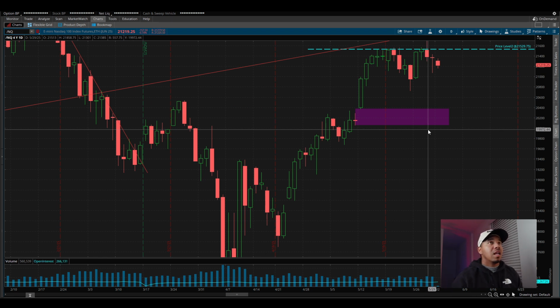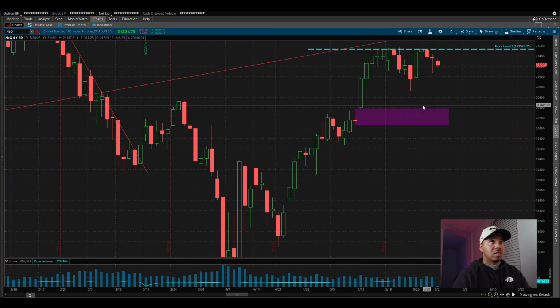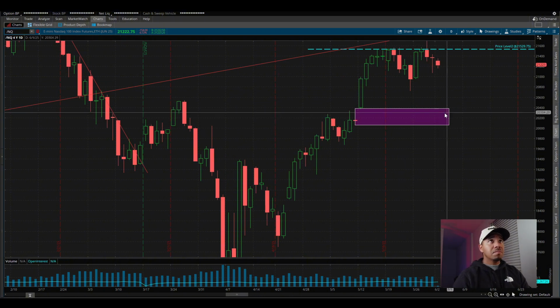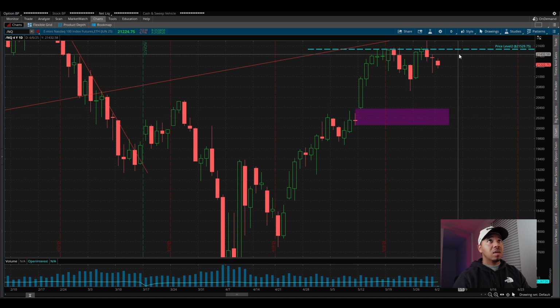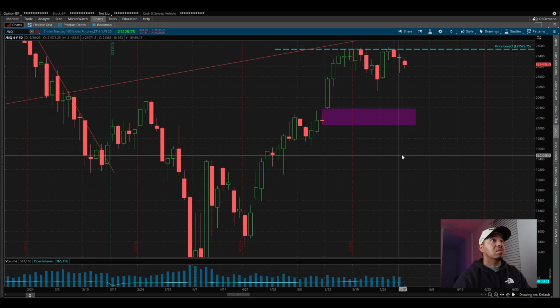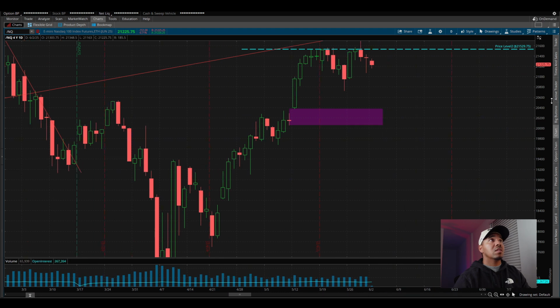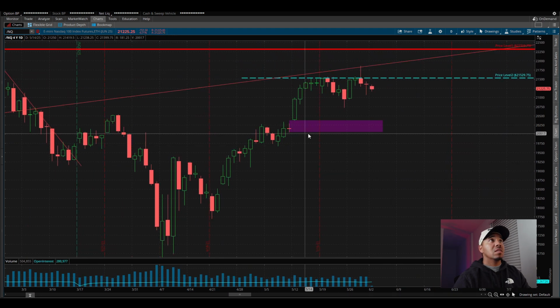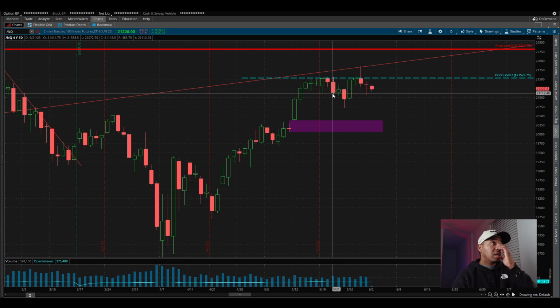All right, I like to trade gaps as well. And recently I've been using the orb. So I like to trade gap fills. My understanding here is that we have a gap, we have now our resistance, and we have our channel. Now, what else do we see here? We see consolidation here. So I do like this area for a supply.